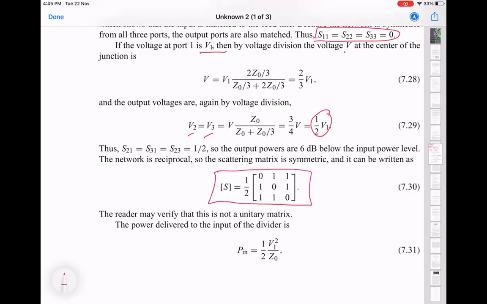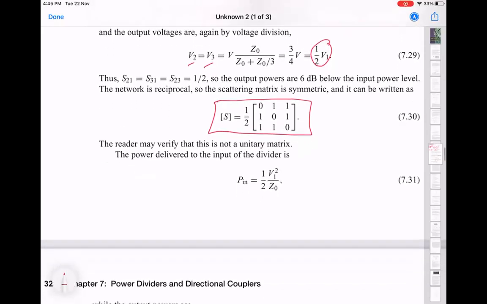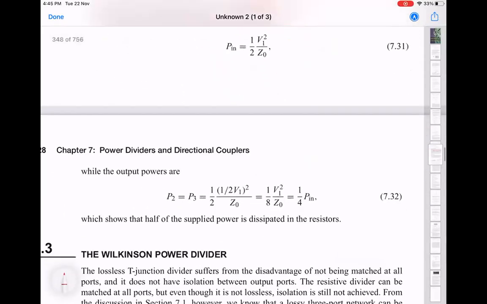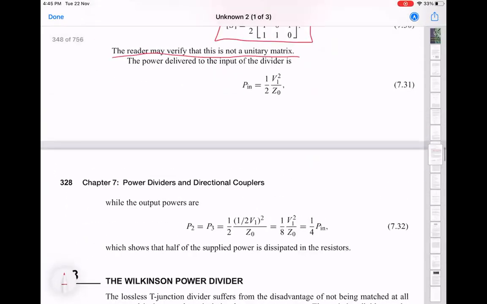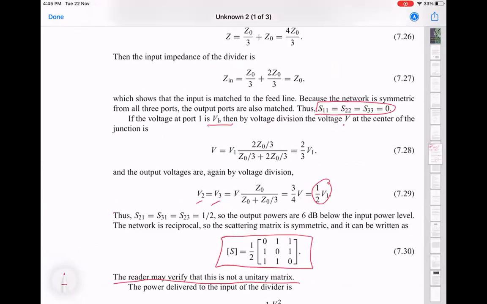So this is the S matrix for a resistive divider. The ports are matched, it's not lossless. You have losses, and it's reciprocal. And here it says that the reader may verify that this is not a unitary matrix because it's lossy in this case. Okay, so this actually is a very simple